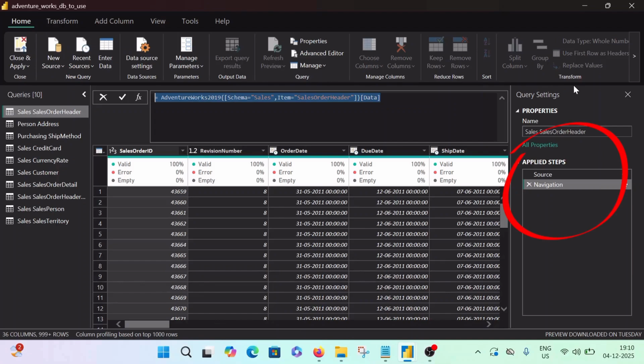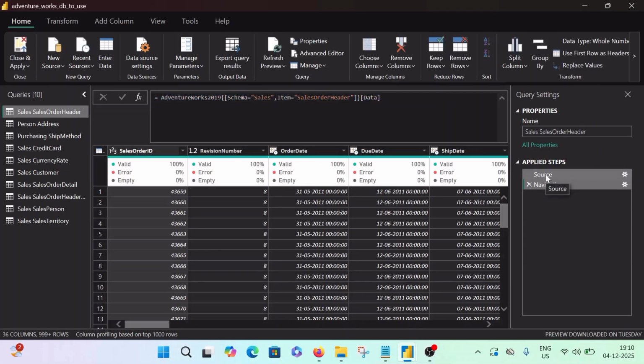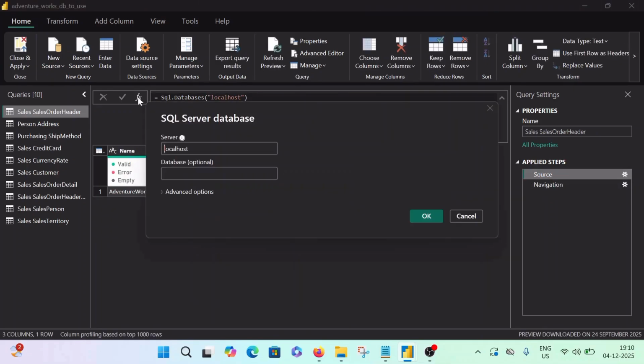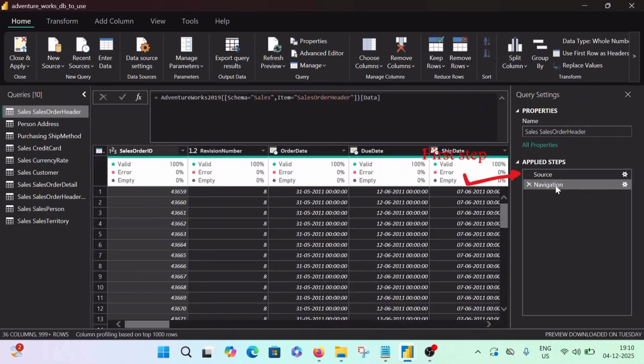Every action that you perform in this Power Query editor is recorded as a single step. You can rename those steps. For example, if you're changing the data type, or changing the source or navigating, it will be in the form of one single step. As you see over here, source and navigation. The first step is connecting to the source. The second step is where exactly your table is located in that particular source. So you can reorder steps, delete steps, add some new step, open M code behind each step. All these things you can do over here.